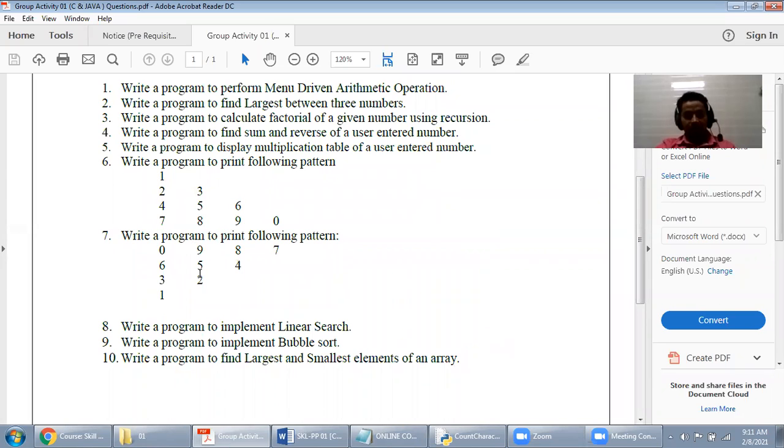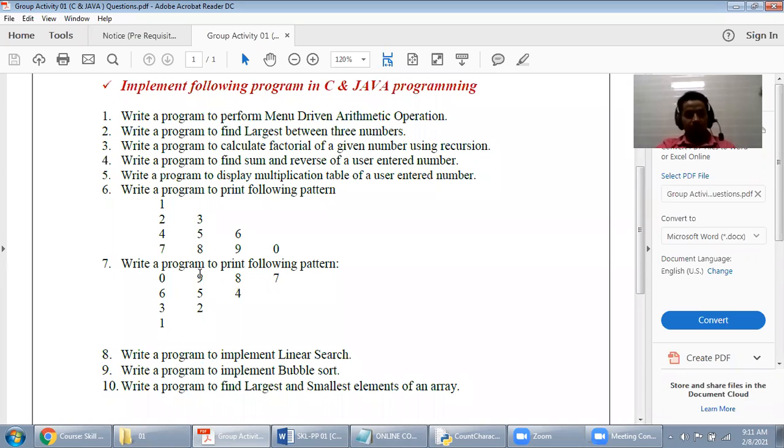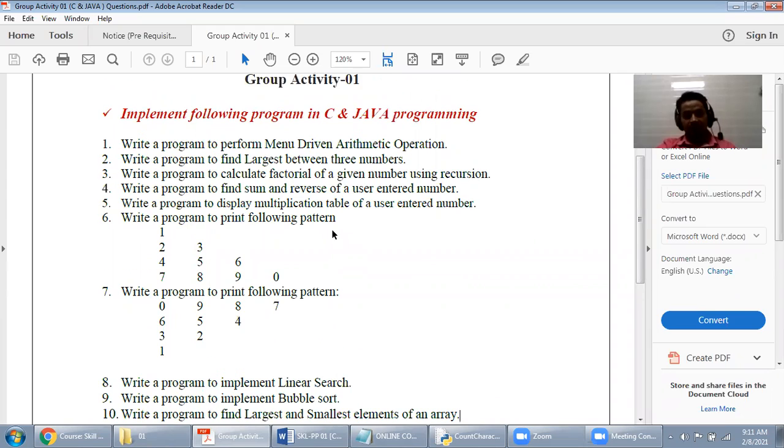Each individual student will pick up one question and solve it in the C language as well as in Java in this session. They have to show me the output. I will allow you to share the screen, and through the shared screen you should display your output.